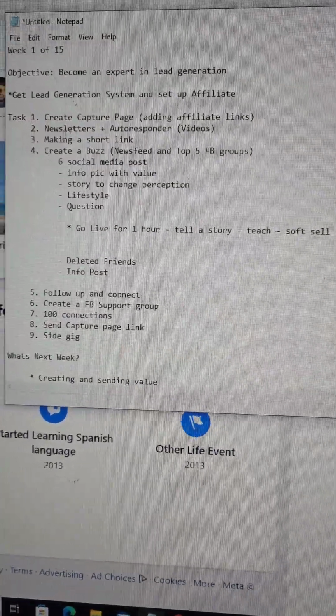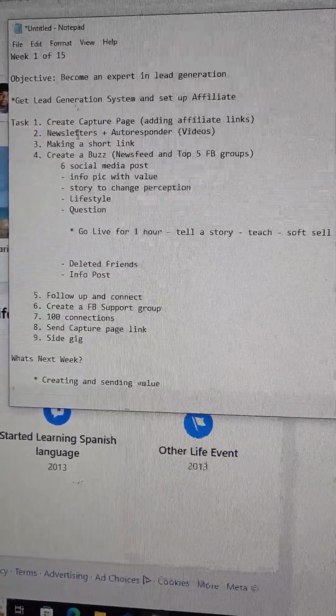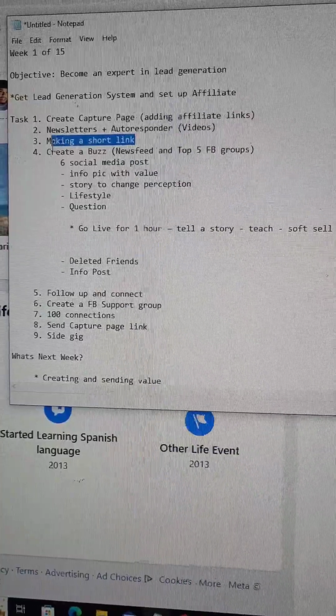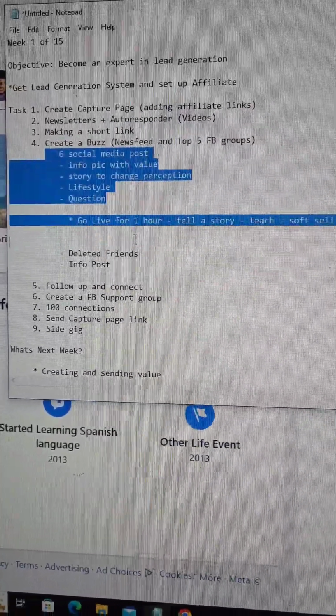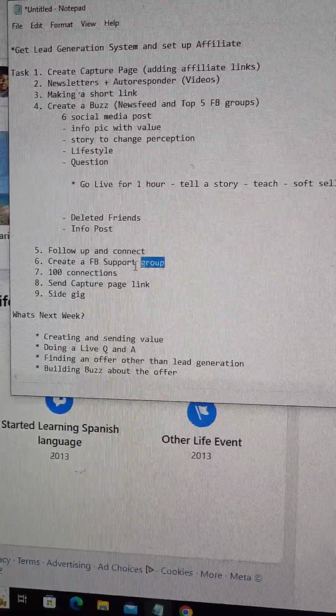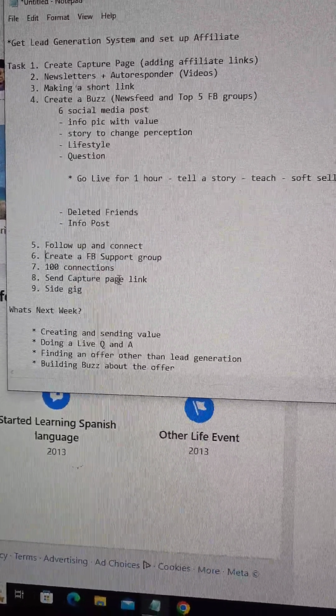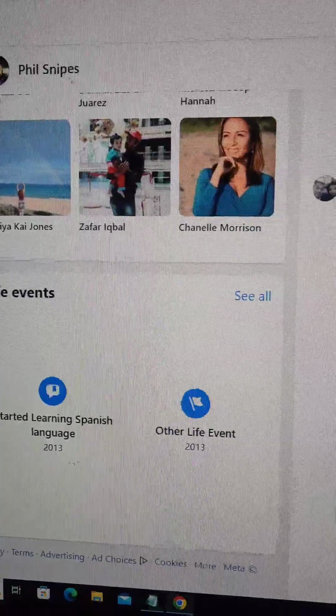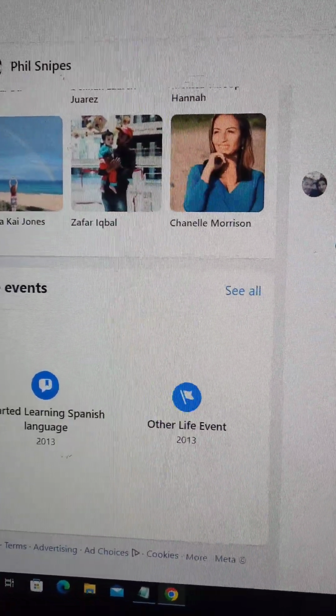So just to reiterate, you create your capture page, your newsletter, your autoresponder, you get your short link. You create your posts, your buzz, and then you follow up and connect. Create your Facebook group and start doing 100 connections, all right? And what I mean by 100 connections is once you get back to this newsfeed,